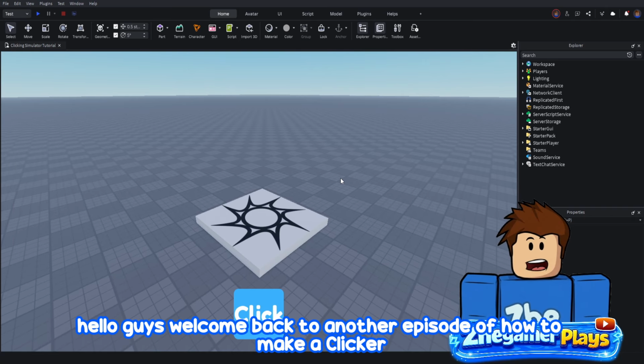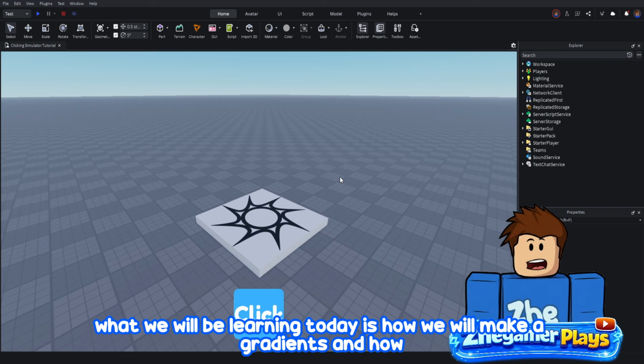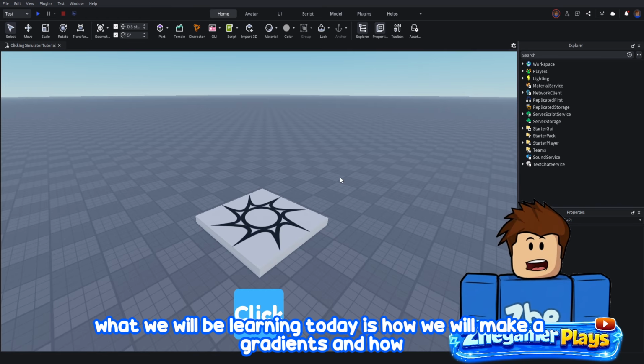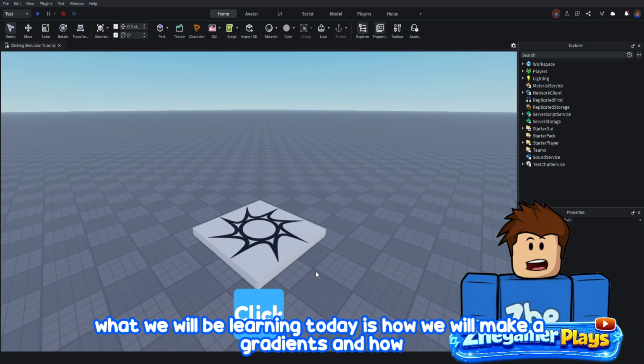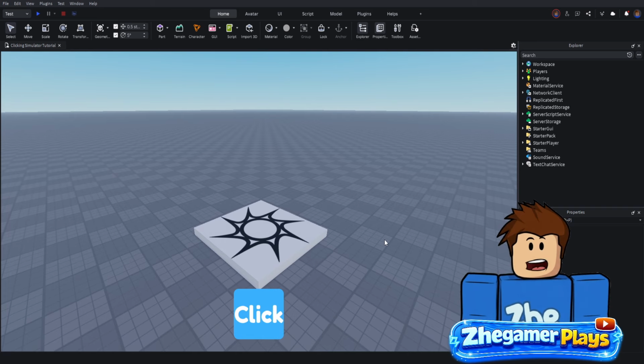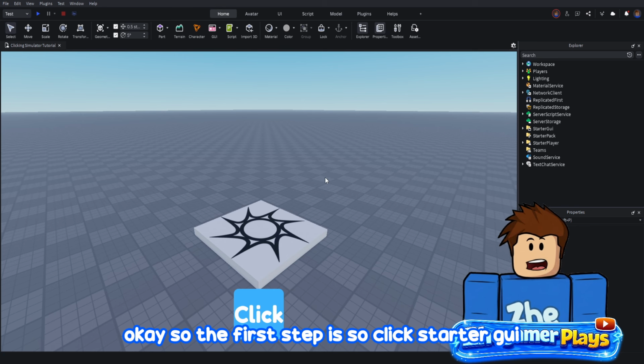Guys, welcome back to another episode of how to make a clicker simulator tutorial. So what we will be learning today is how we will make gradients and how we will make a points label thing. Okay, so the first step is